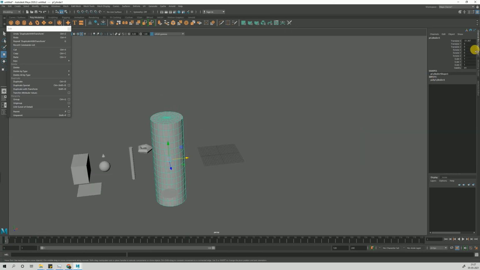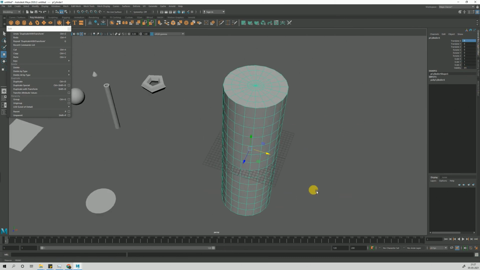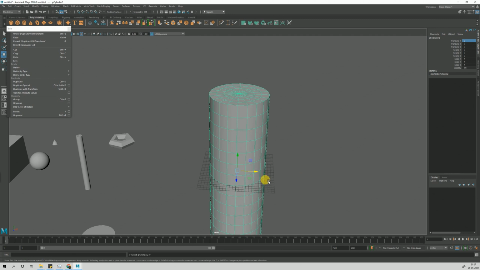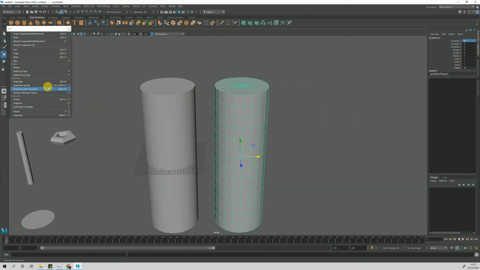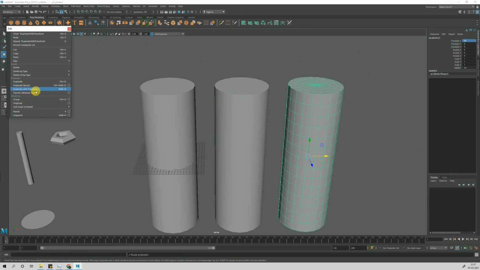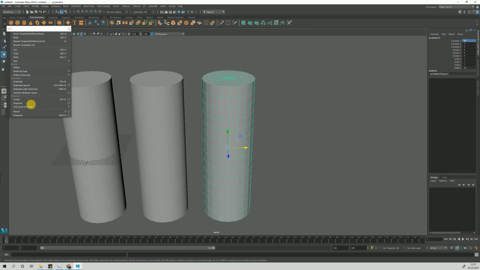Let's say we can see x minus 31 here. Let's make it 0. Everything is 0. I duplicate it and move it to, let's say, 25. We click on duplicate with transform. 50. It's 25 here. Let's try again.